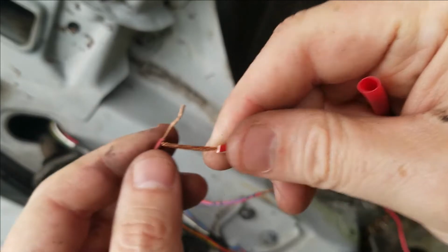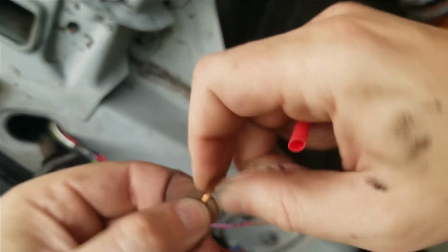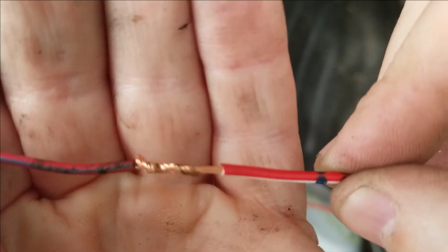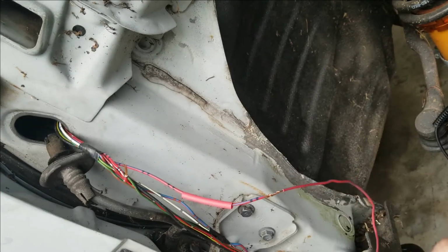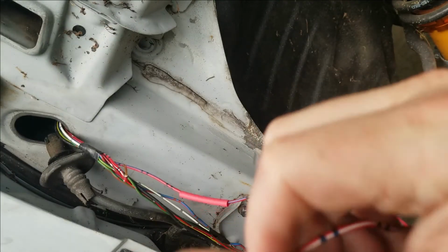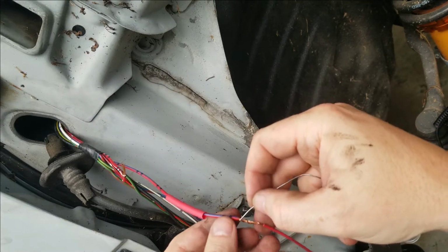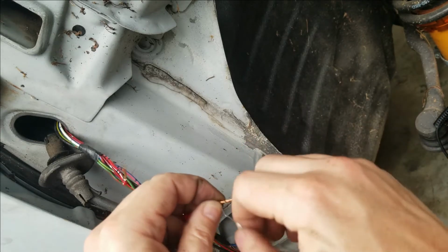But anyway, after watching several soldering videos, I've learned that you just twist the wires together like that, and then... I didn't put this on there. Put your shrink wrap on first, then twist the wire together, twist it like that, and then you take your solder and you can twist it around